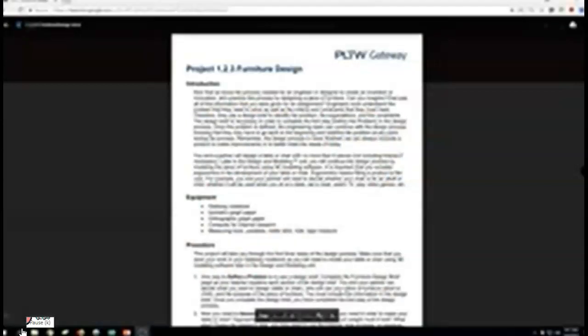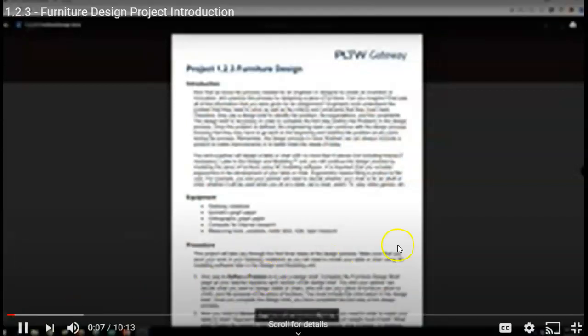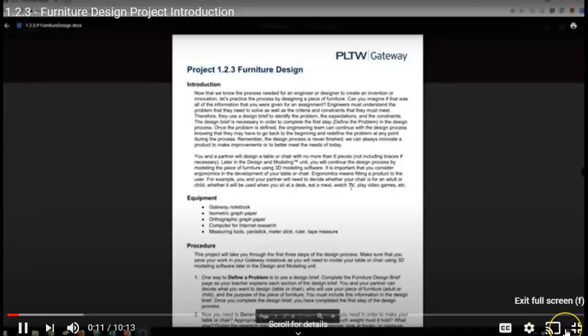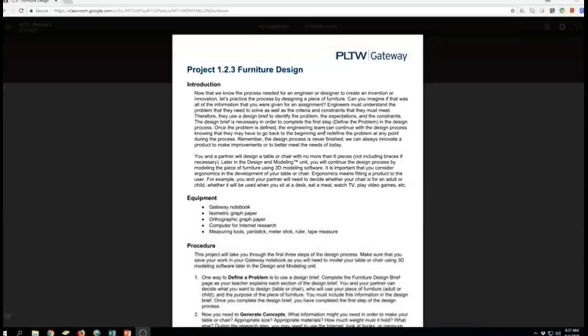All right, the furniture design project is something that is actually pretty easy. There's a lot of steps, and that makes it seem complicated, but it really is fairly simple. The bottom line is that you are going to practice using the design process by designing either a table or a chair. And you actually come up with an idea, pretend client, and then you come up with a way to solve that, and then you provide actually six